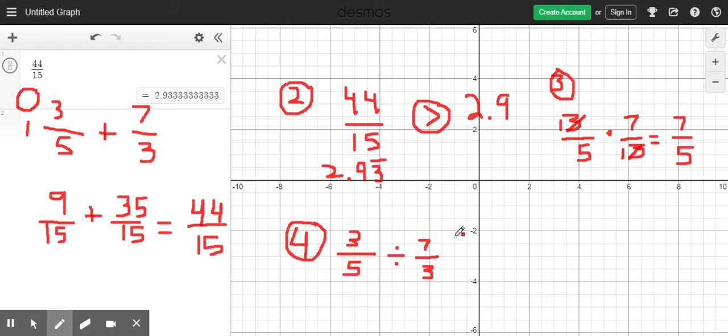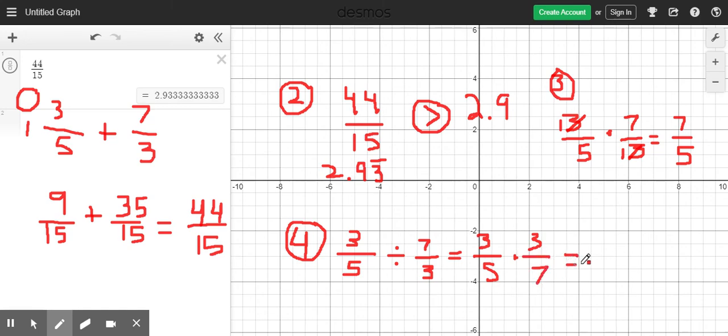Okay, and I am going to do one more here. Let's divide 3/5 divided by 7/3. Dividing by a fraction is the same as multiplying by the reciprocal of the second fraction. So we can take 3/5 times